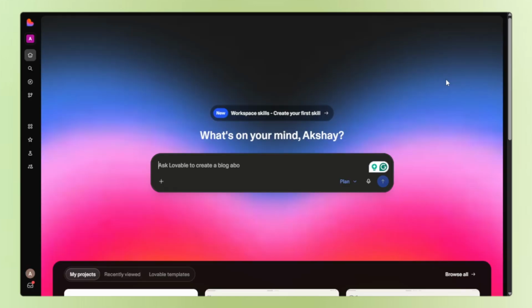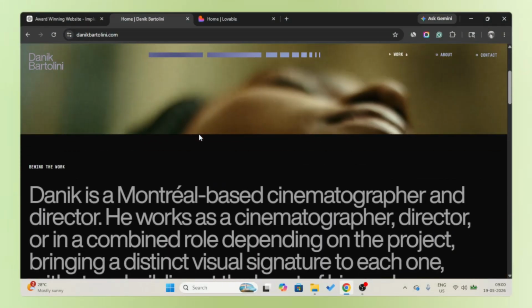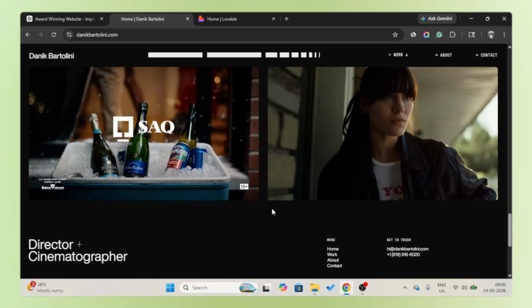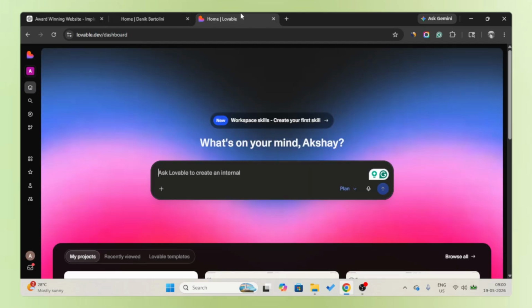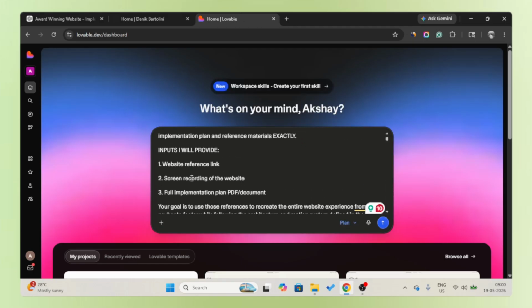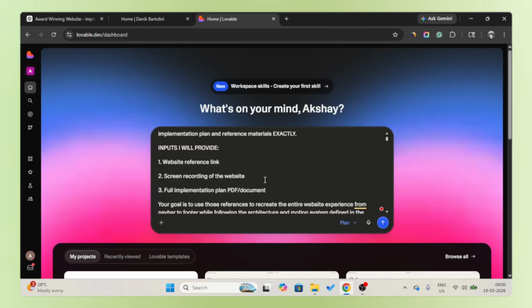First we're gonna create the website on Lovable. There we're gonna create an amazing homepage, also the blank project page. So I'm gonna be using this website to create the structure ideas. I'm gonna take all that. I have already created a screen recording of this website, then implementation plan and everything we need. So I'm gonna just paste the prompt right over here. This will create the website for us, but we need to add the reference link. This link, copy and come over here,